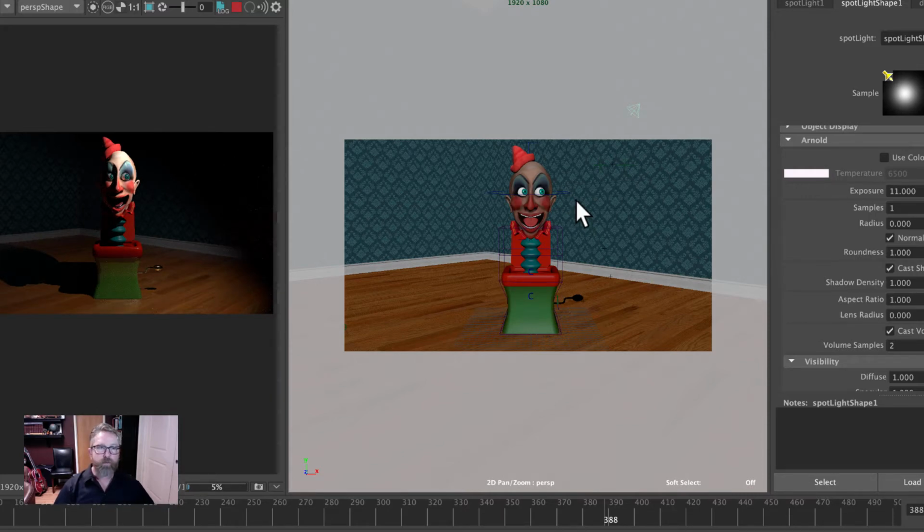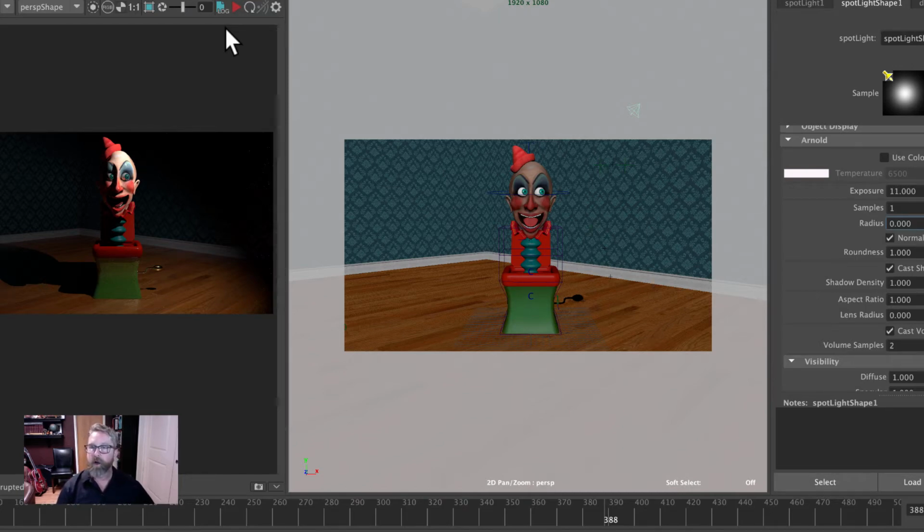We'll come back and we'll talk about samples, which is the quality, and then we'll talk about radius, which will soften the shadow. These shadows here have hard edges. Increasing the radius will soften that, but it also increases the render time. I'm going to press stop there. No reason to allow it to continue to render. I can hear my fans heating up, because we just wanted to see the light effect. And once we've dialed that in, we can stop the render, stop that computational processing,